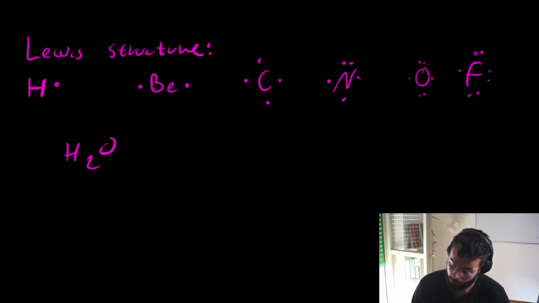Oxygen, on the other hand, has 6 valence shell electrons. Because it's a non-metal, it wants to get 2 extra electrons. 2 extra electrons mean 2 bonds that this element can create, which means this element is going to be in the middle, and the hydrogen is going to be